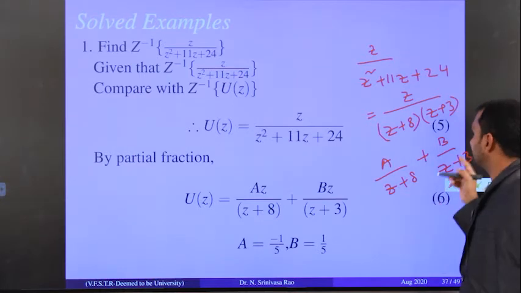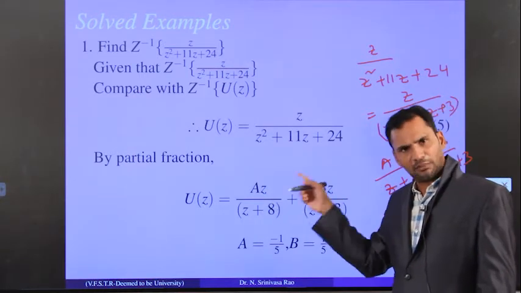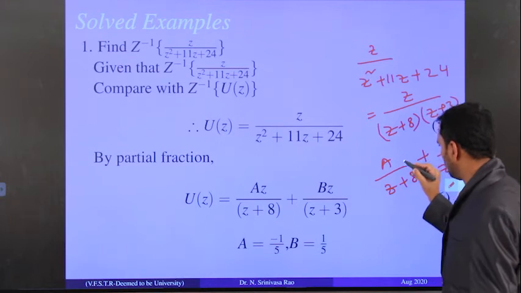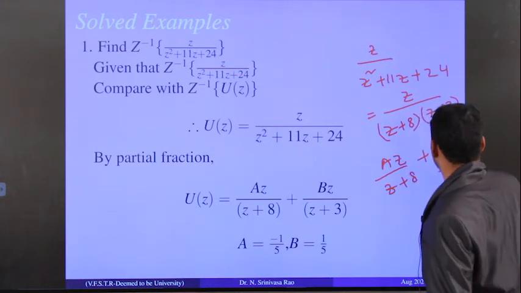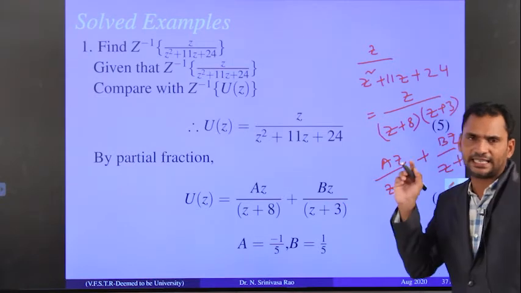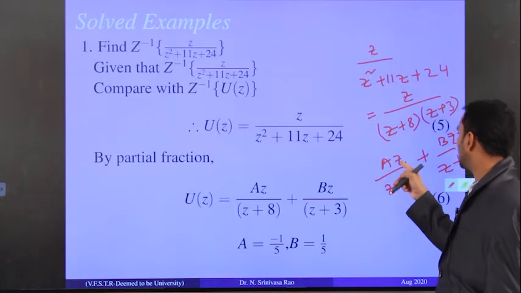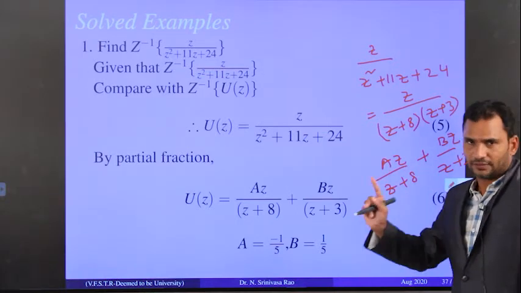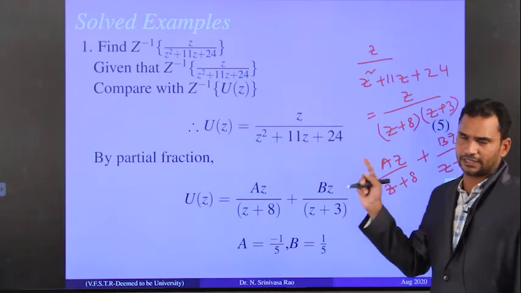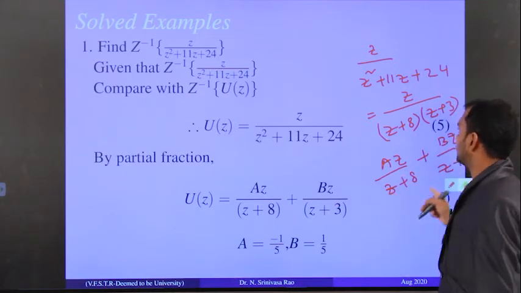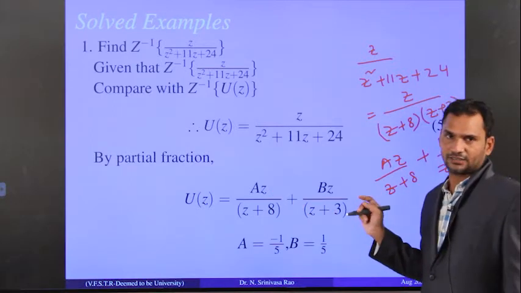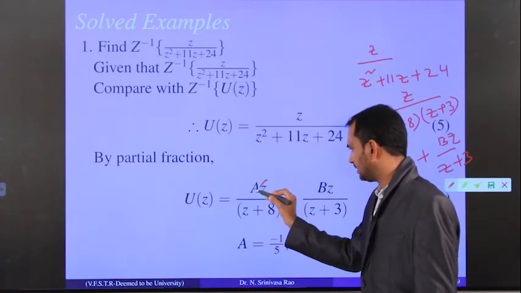But what we have to do is, since z is common in every z transform formula, you have to multiply with z in the numerator everywhere. So when you are taking partial fractions, the only extra thing you have to do is multiply with z in the numerator. The reason is, in every z transformation formula we have z as a common factor in the numerator. So except for z, the remaining thing is the same.